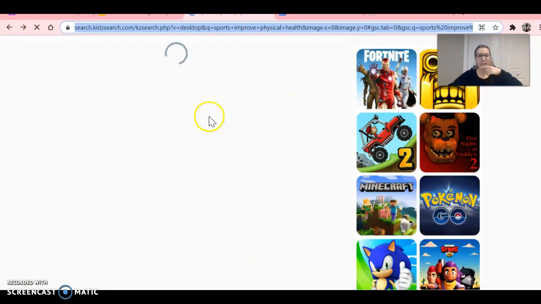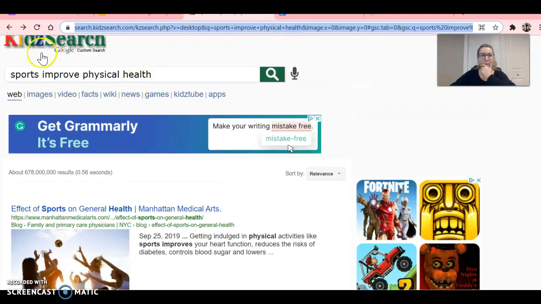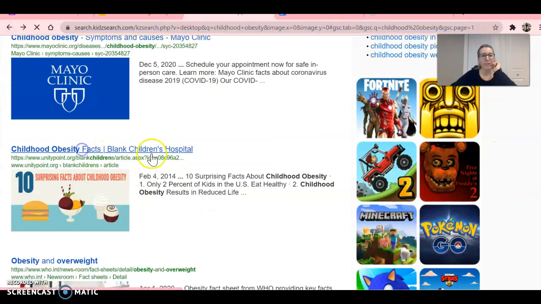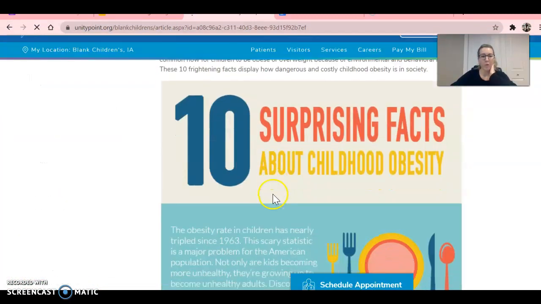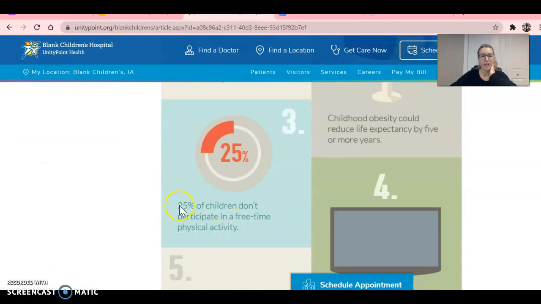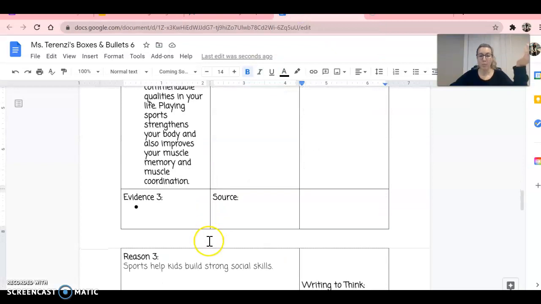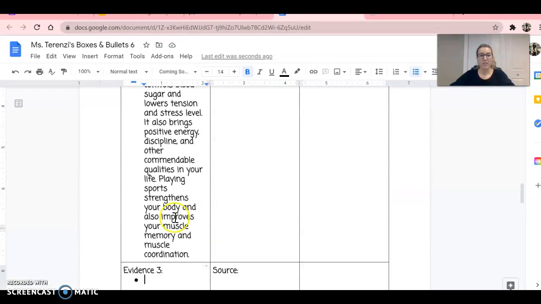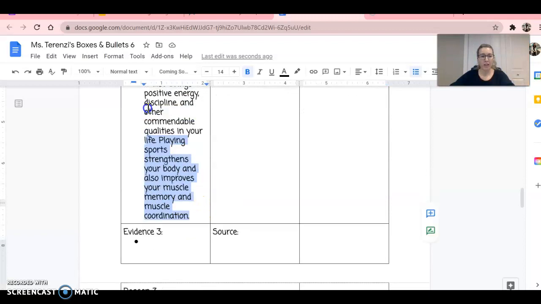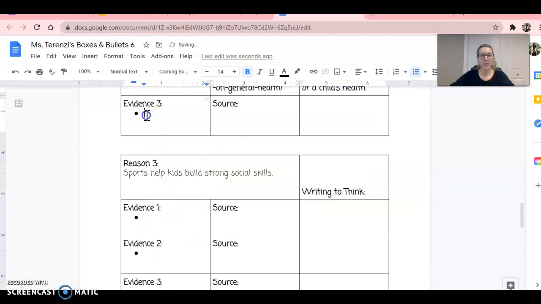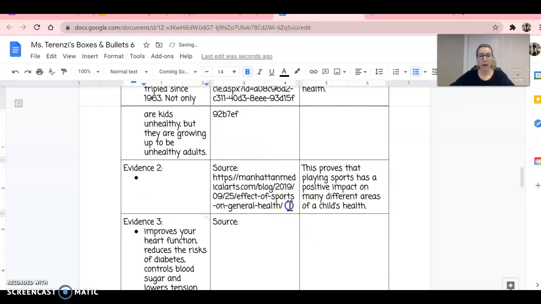But you know what I'm thinking? As I go along, I'm thinking I might want to go back to that website I was on under childhood obesity because I found an interesting fact that only 25% of children don't participate in a free time physical activity. I think that's important to include because this proves that we need more kids to participate. So you know what I'm going to do? I'm actually going to cut and paste this because I think in my strategy, I think it would be more effective to first say that there is a growing problem with